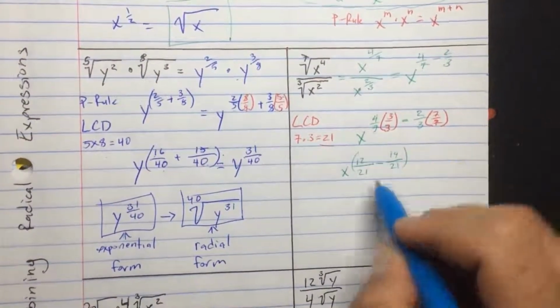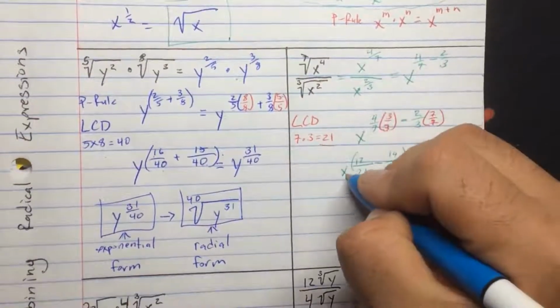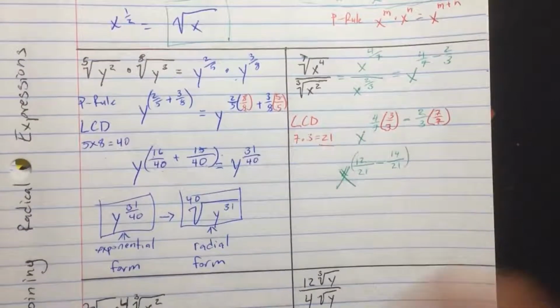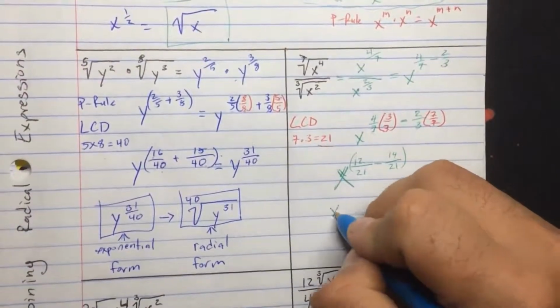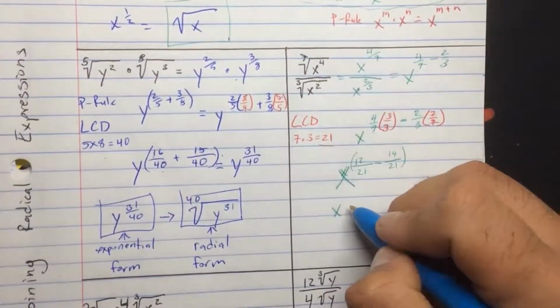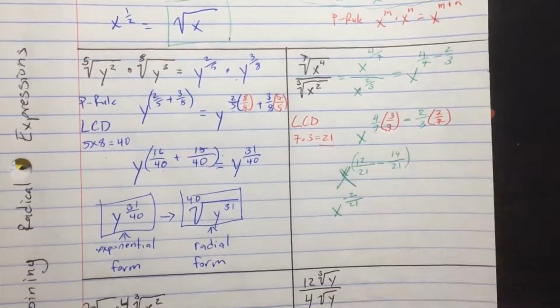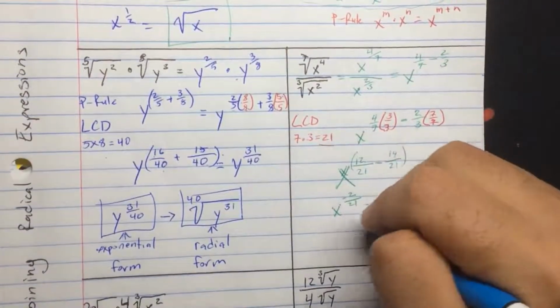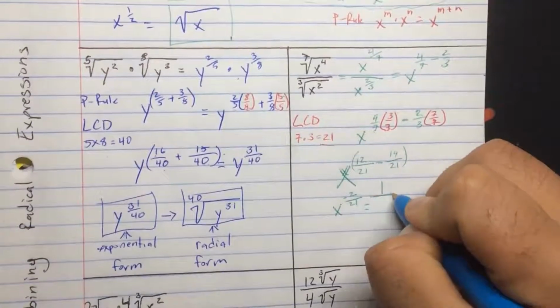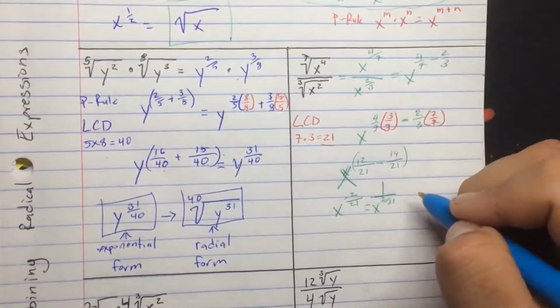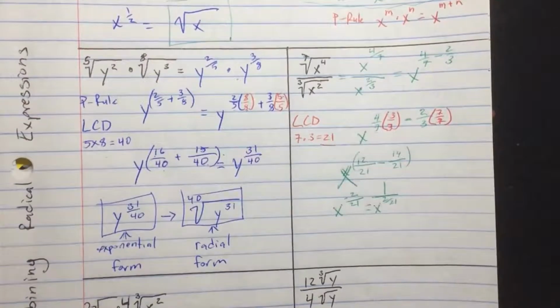And this is going to be here. Remember, this is all in the power. I can make our x bigger to show that it's in the power. And then once we do this, we have our x to the negative 2 over 21. But we can't have negative exponents. That means we're going to have to convert this into 1 over x to the 2 over 21, which is the same thing as saying,